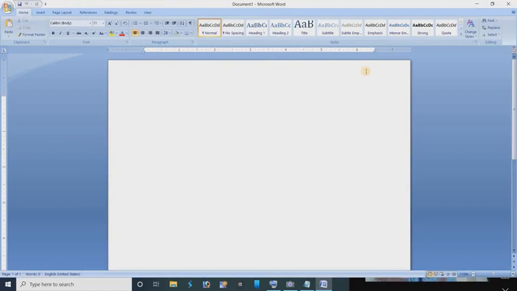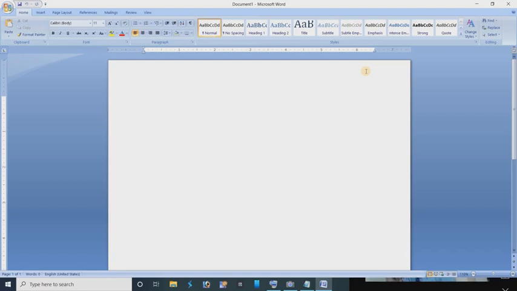What is the clipboard? The clipboard is a temporary area where cut or copied matter is temporarily stored, and it can be pasted many times.